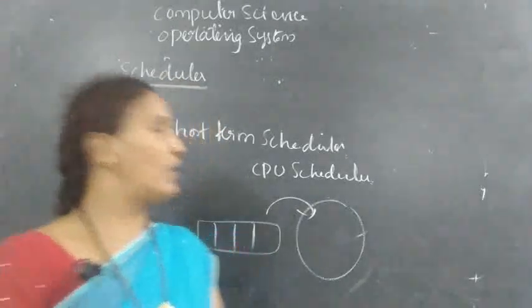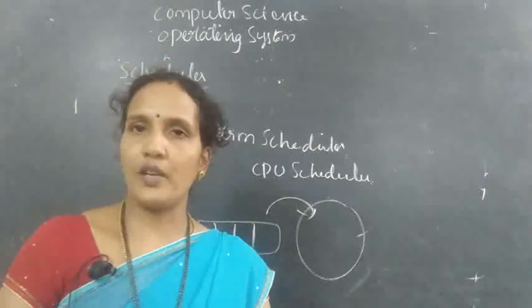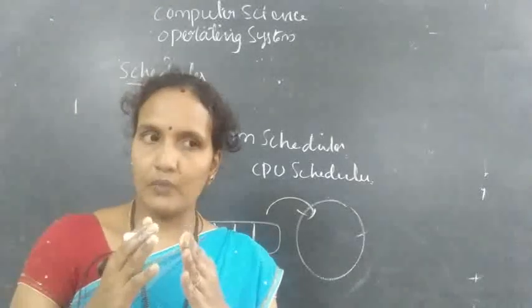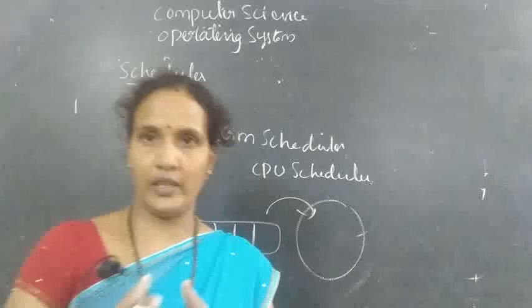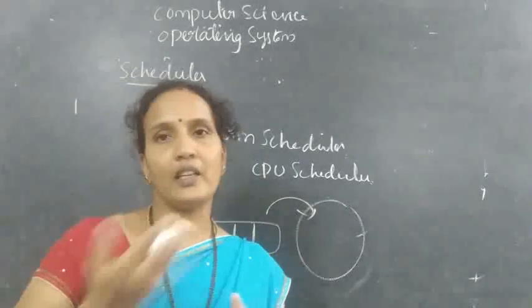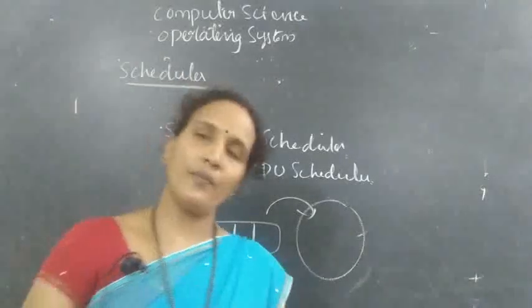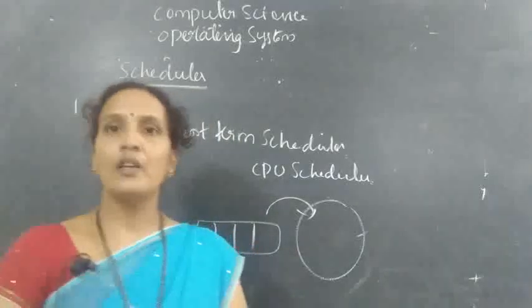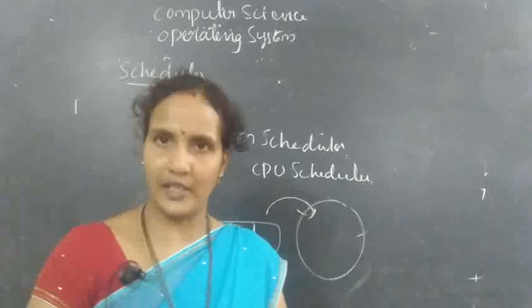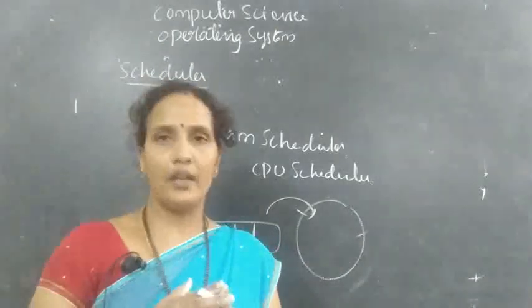First, what is long term? Long term means whenever any process wants to execute, the operating system will take all the jobs from the secondary memory that want to execute and create a queue, a ready queue, which is stored inside memory. Understood? What queue will it create? The ready queue. Ready queue means the processes which are waiting for program execution. All those processes enter into the ready queue.